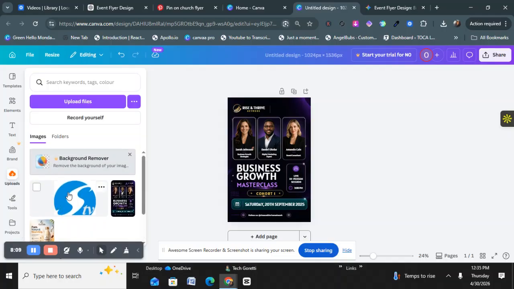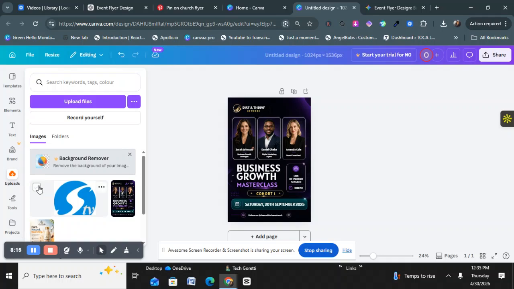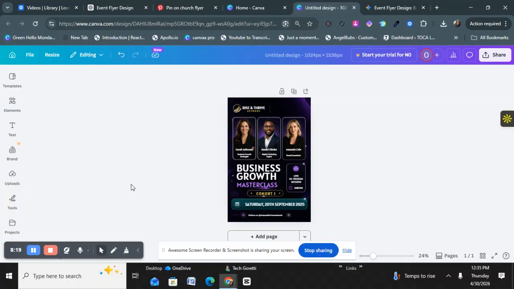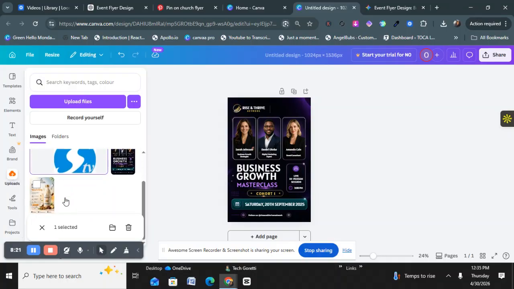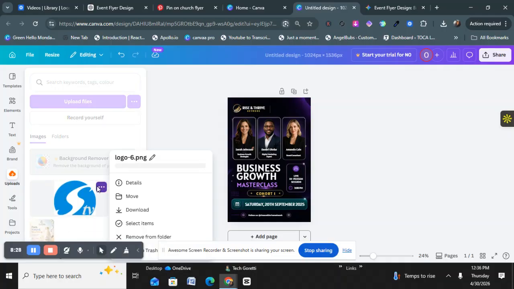Oh, it's the Silver Bed TV logo. So it might not really match this, but I'm just trying to show you that this is what you can also do. So look at it, I've selected it, and I can add it, I can add it to, oh sorry, wait,